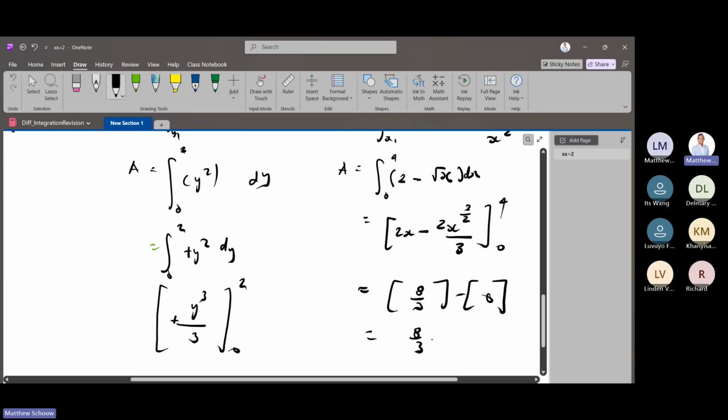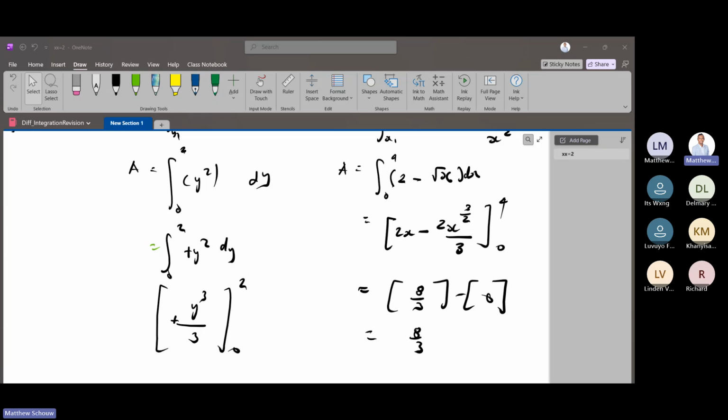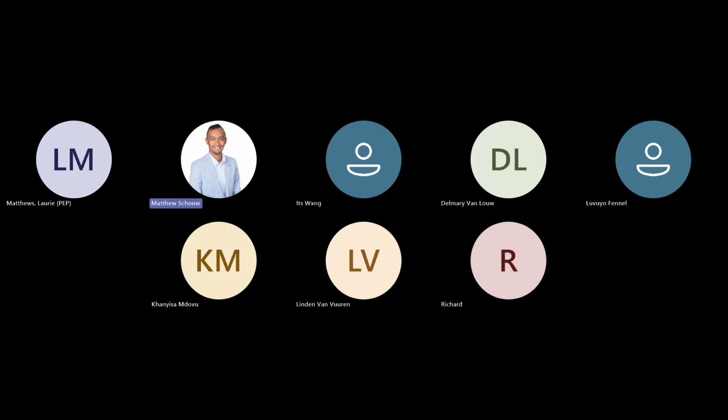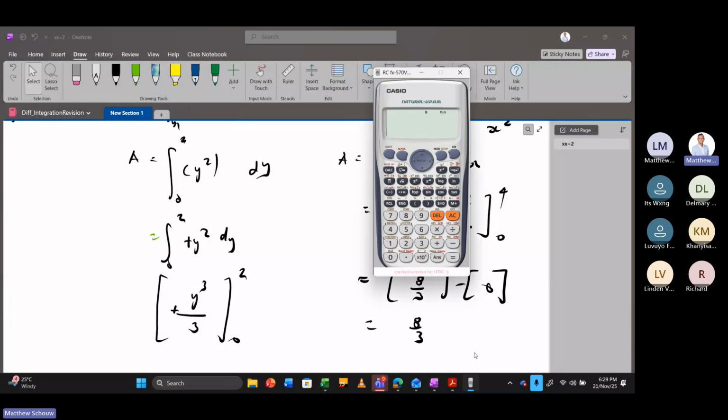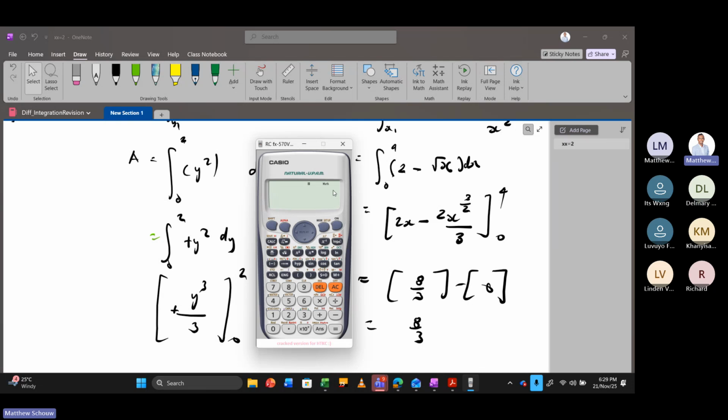I'll show you if you don't believe me, just on the Casio. I'll share my calculator quickly. So I hope you guys are following what I'm doing. So I'm just going to show you that. Let me just share screen. Okay, cool. So I'll open it up, and then here's my calculator. Can you guys see my screen? So I'm just going to show you 2